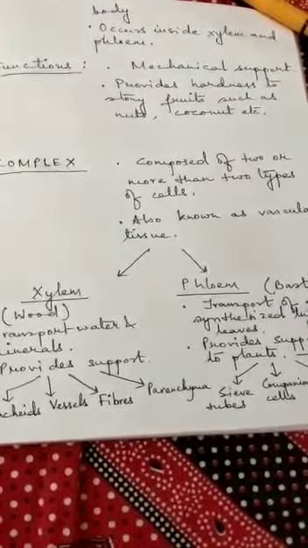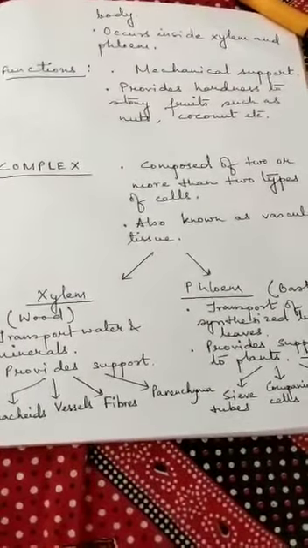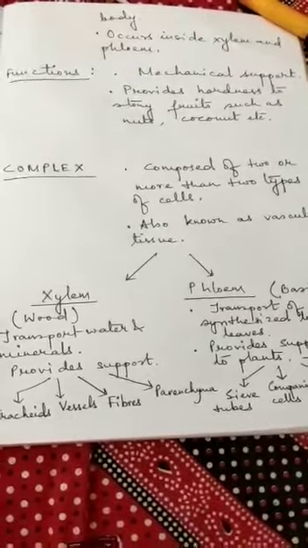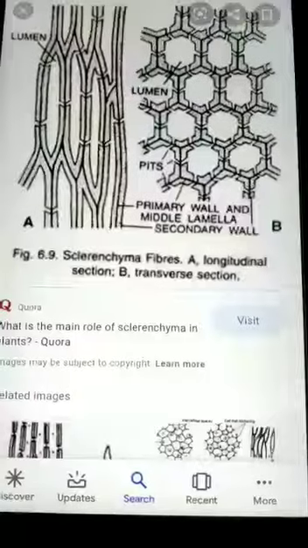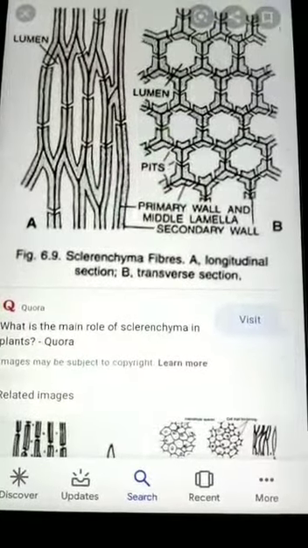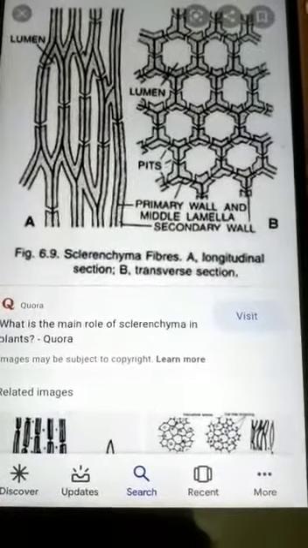Which fruits do we call stony fruits? Like nuts, almond, coconut, etc. Okay, now we'll see a picture of sclerenchyma which will make it more clear to you. You see, this is a very clear picture of sclerenchyma, and we can see very well from letter A that it is an elongated structure, and they are also very hard cells with lignin deposition. We are seeing here both the longitudinal section and the transverse section. I hope it's clear.